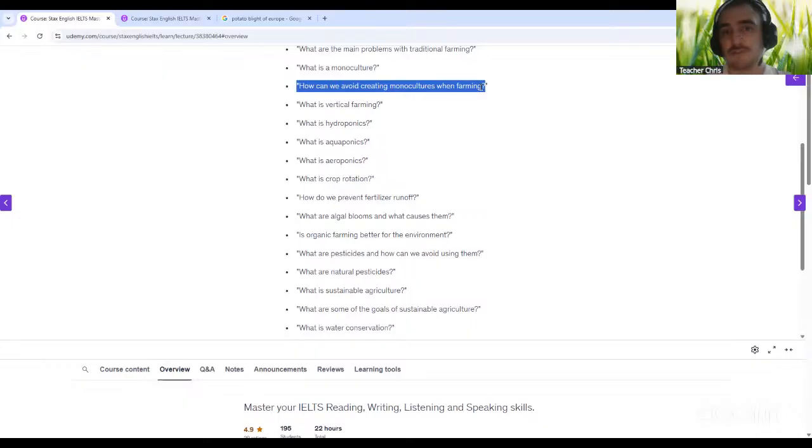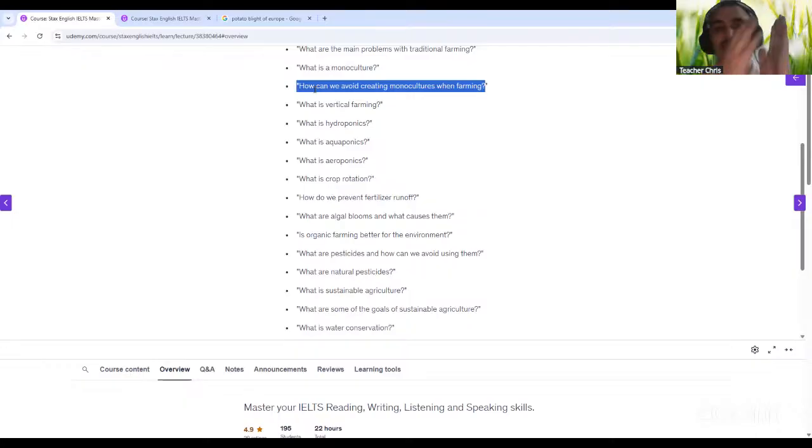Yeah. So you've just answered this question, Hui. How can we avoid creating monocultures when farming? How can we avoid it? So you've said plant some other stuff, plant different things. And in fact,